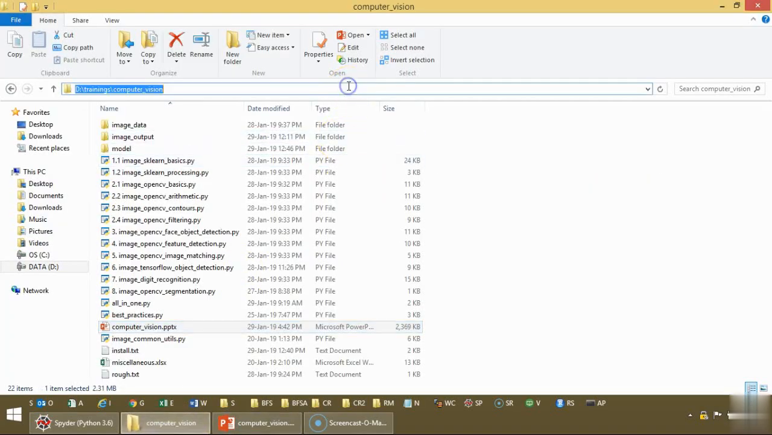This is a code folder. Please download it from the course. I will upload it in either section 1 or 2. So please download from there, and as soon as you download, you will get the computer vision folder. Please open this file 1.1 image sklearn basic.py,